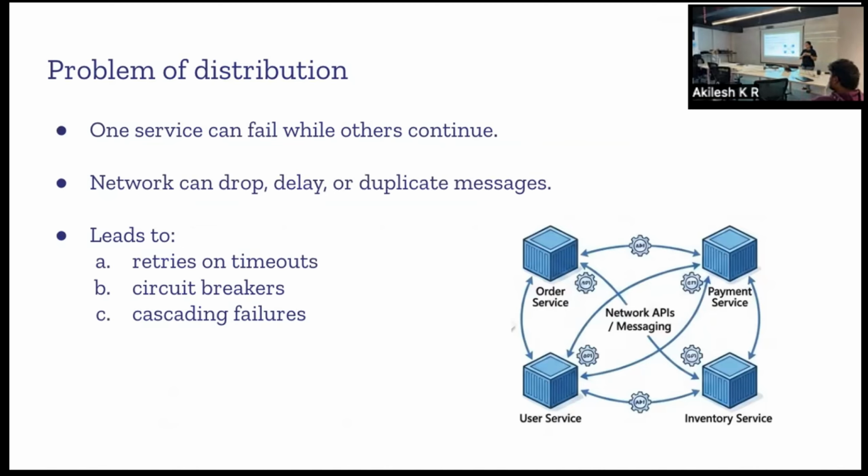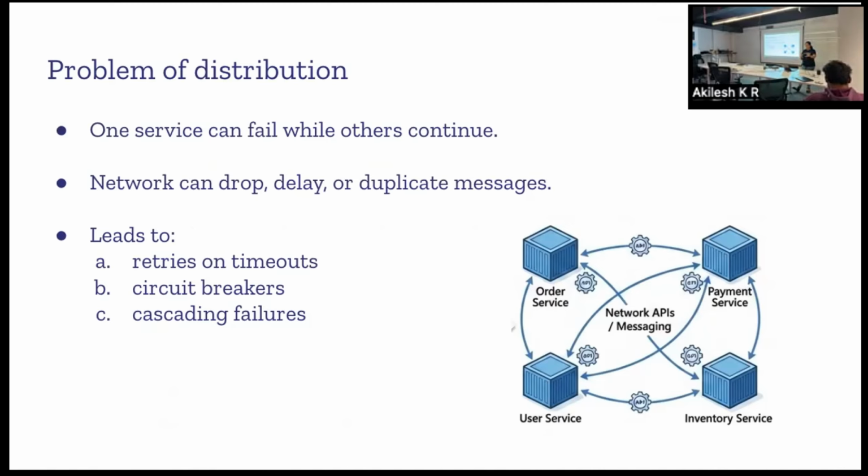Any service can go down at any point in time. And because of the network nature, it can introduce latency or drop packets, and you might not receive the messages in time. Because of this, we are forced to add other architectural elements to ensure that we can retry in case of a timeout or have a circuit breaker.